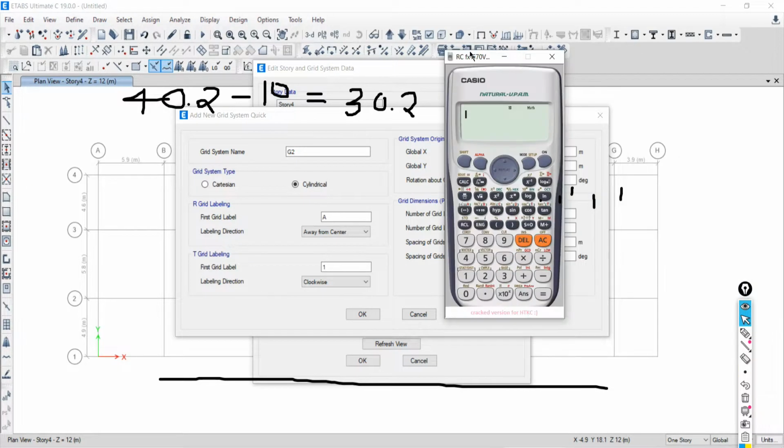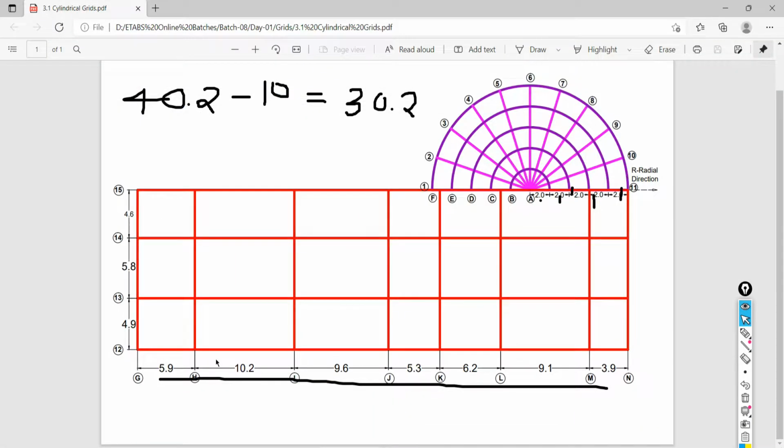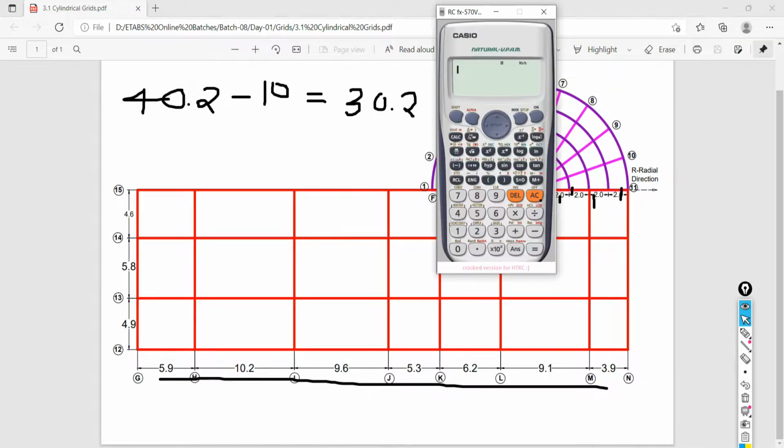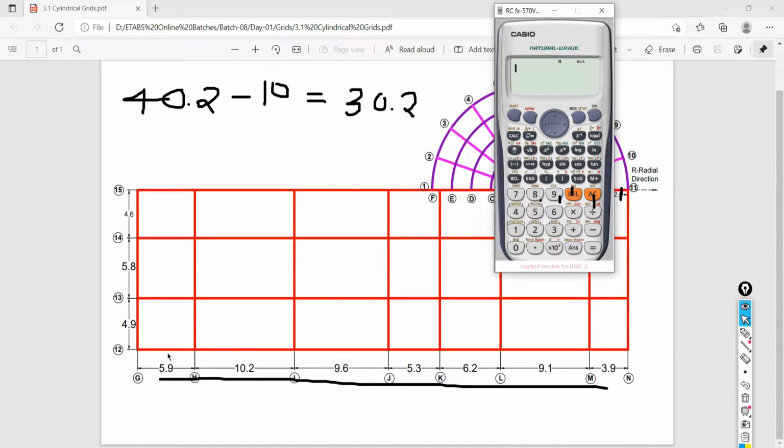Let me check it once. Can anyone cross check this value? Okay, we'll do it from here. The final value: 5.9 plus 10.2 plus